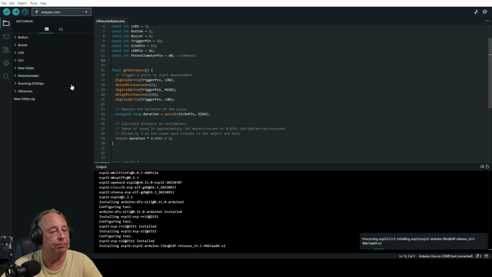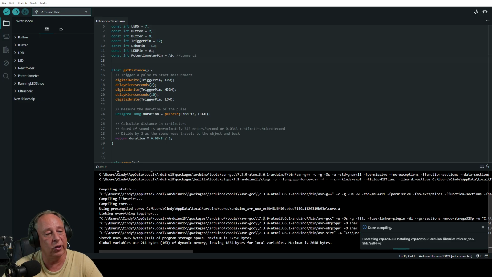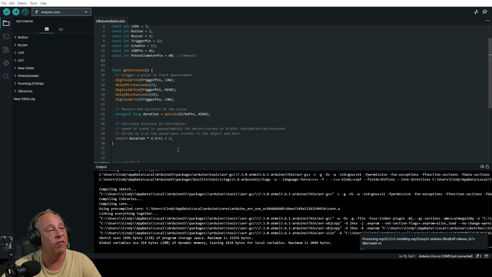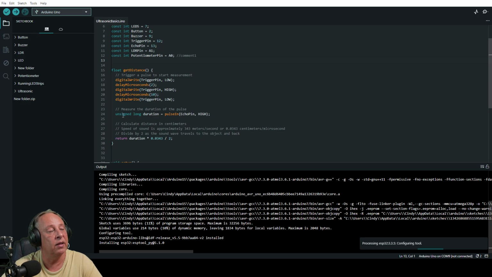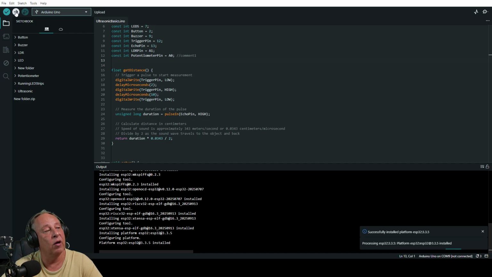By the way, if you click on this check mark, it will go through your code and look for errors. I can click on it now, and you can see in this window here, which is your output window, how it's busy checking your code. If you have your microcontroller connected, you can also then upload your code with this arrow here.